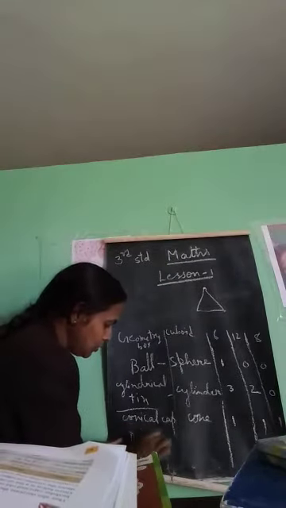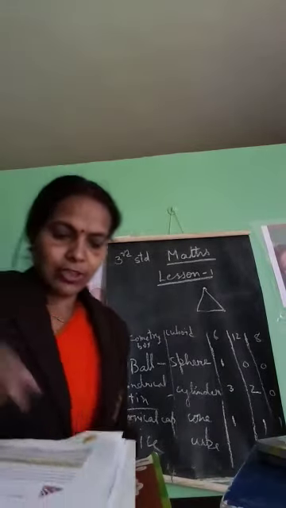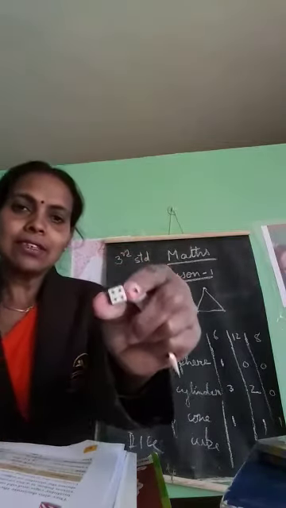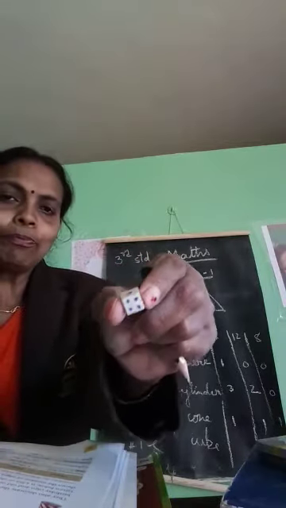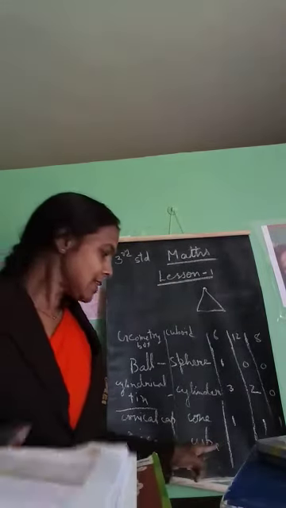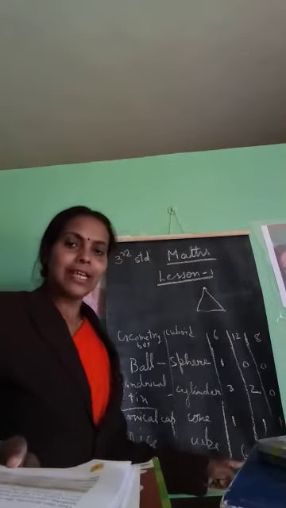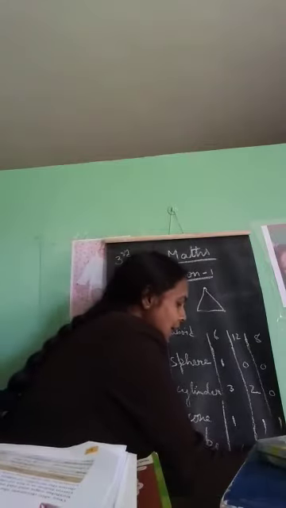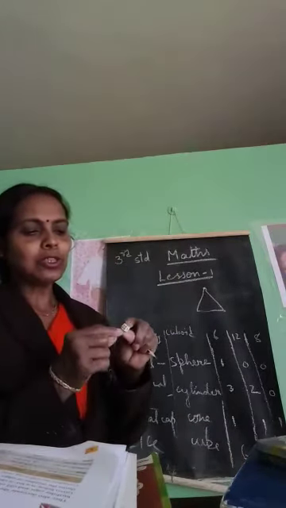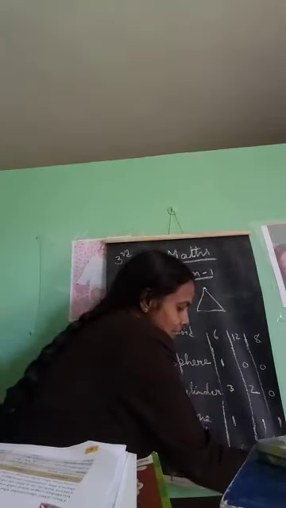Now after that, dice. I show you, it is cube shape. This is the dice. What is the shape of the dice? Can you see? It is cube shape. Now you write cube. Then you write how many faces? 6 faces are there. Then number of sides, that is edges. How many? 12 are there. And number of corners, it will be 8. See children, 1, 2, 3, 4, 5, 6, 7, 8. 8 corners are there. Now you understand.